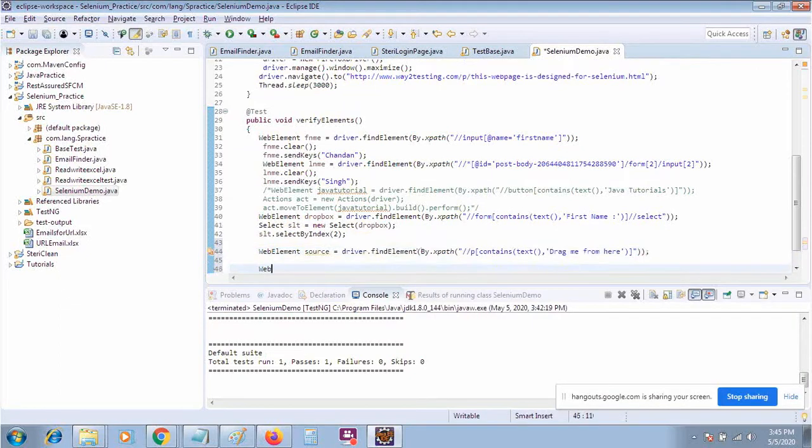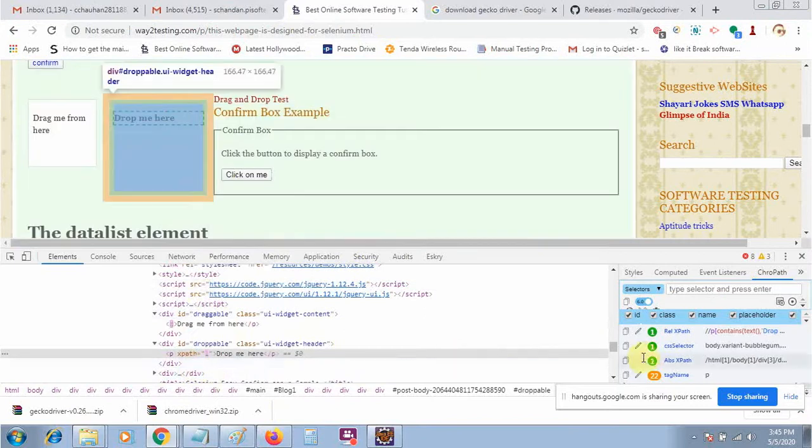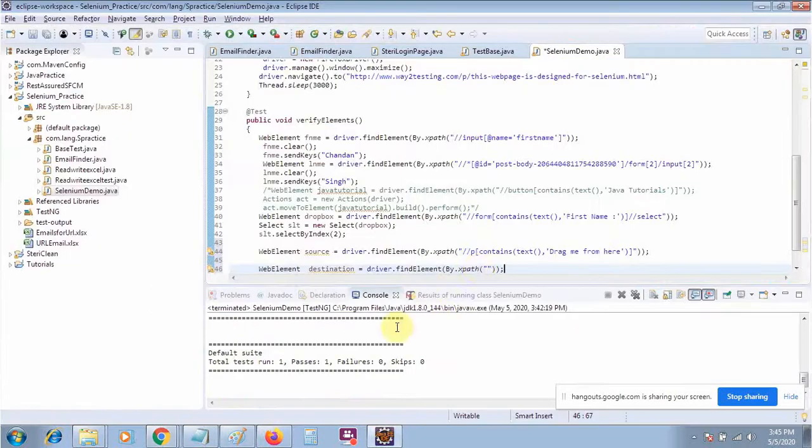And then you can say web element destination is equal to driver dot find element by dot xpath, this one. Okay. So this is your destination location. So you just need to find both the locations and then directly you can call the method.